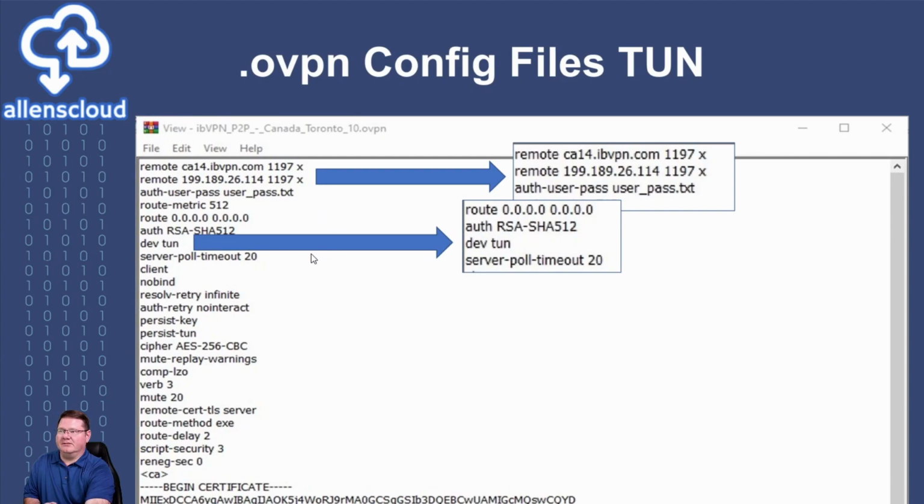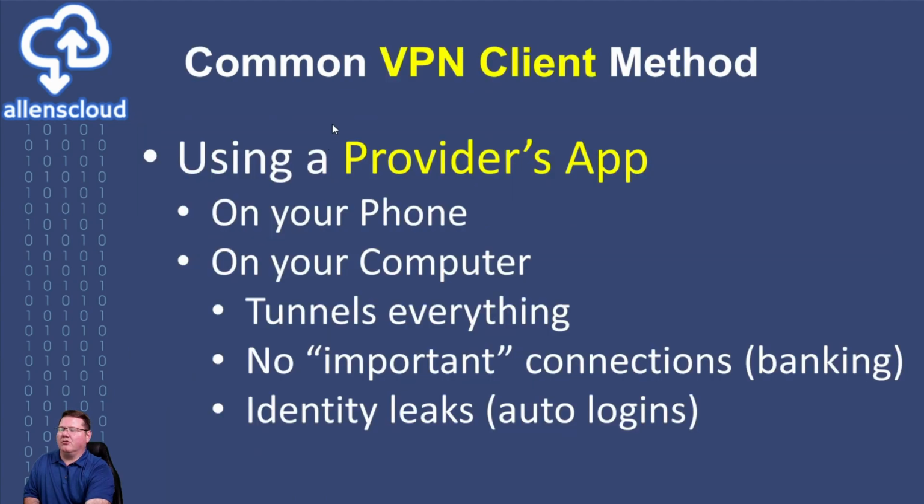So again, the difference in these OpenVPN files and the information that you use is very important. And these two right here, with those in your hip pocket, will get you through the majority of the how-to videos out there. So we're going to go through some of the common and not so common methods for establishing